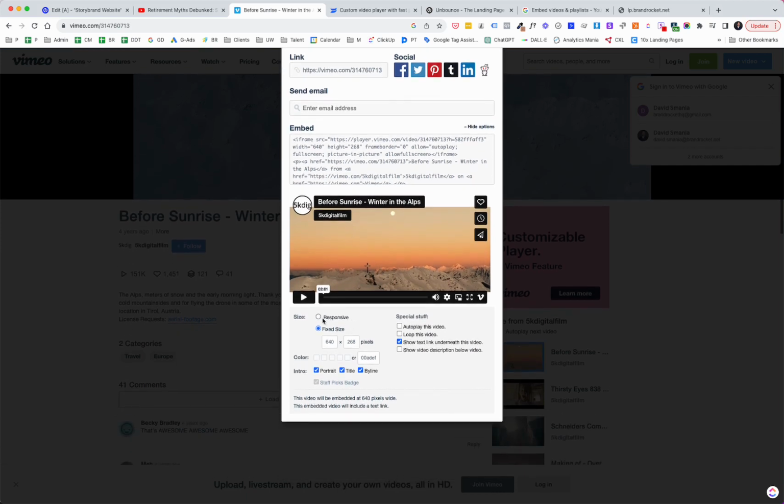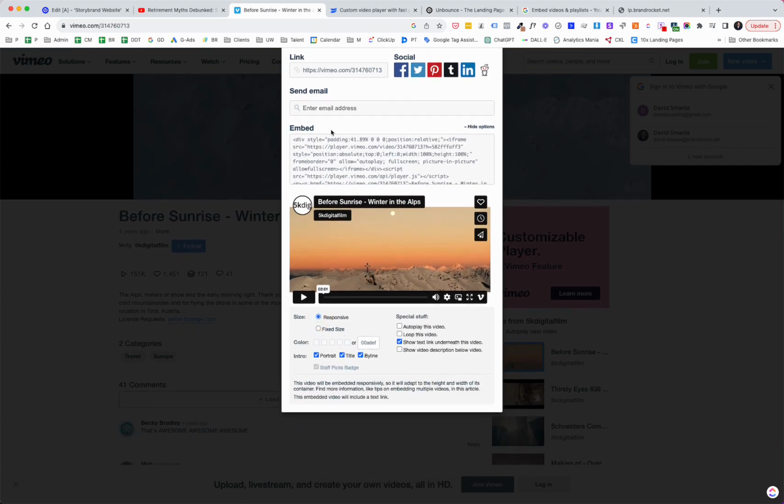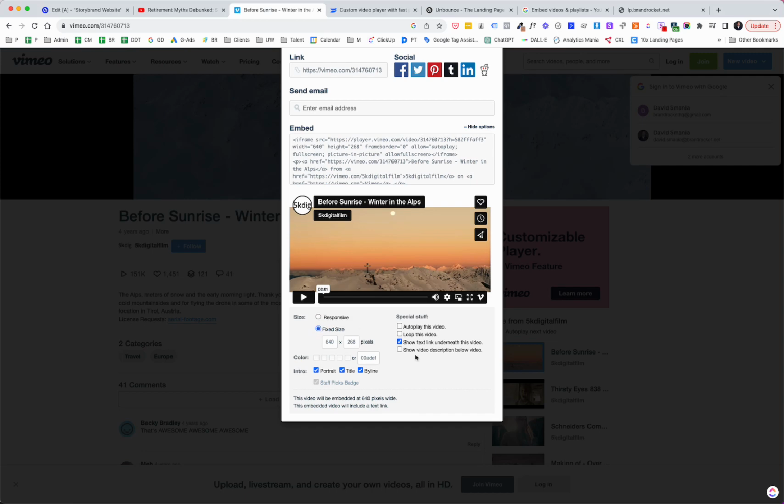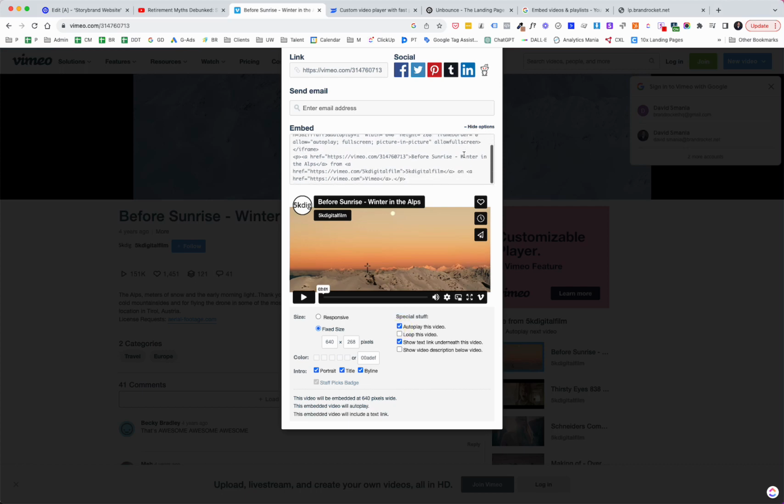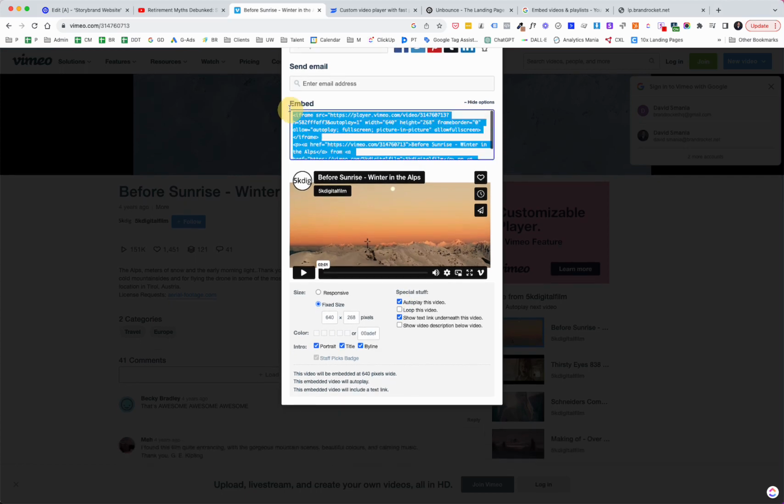If you do responsive, by the way, I found that it doesn't work. It adds the div tags, which Unbounce does not like, so I had to go with fixed size. You can select, okay, so here's autoplay the video. Now, when I selected that and then I copy the code, in fact, I'll just show you. Let me go through here. I'm going to copy this code